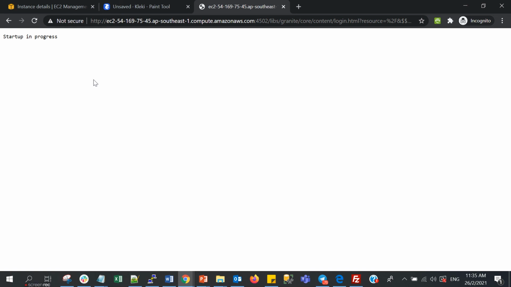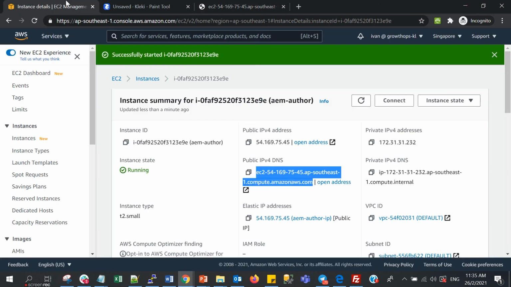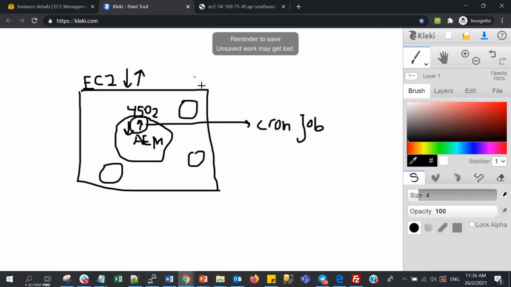So the idea here, if I could repeat, upon the EC2 instance restart, we can automatically give the command and set the cron job to bring up AEM when the EC2 is restarted. Without this cron job, when EC2 is down, AEM will also be down because AEM is inside EC2.